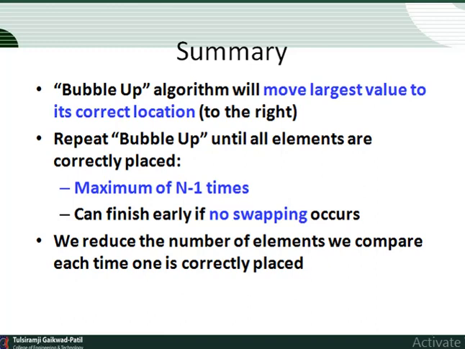To ease out the issue, we use one flag variable, that is swap, which will help us to see if any swap has happened or not. If no swap has occurred, that is the array requires no more processing to be sorted, it will come out of the loop. Repeat the bubble up until all the elements are correctly placed. It may require a maximum of n minus 1 number of times. It can finish early if no swapping occurs,